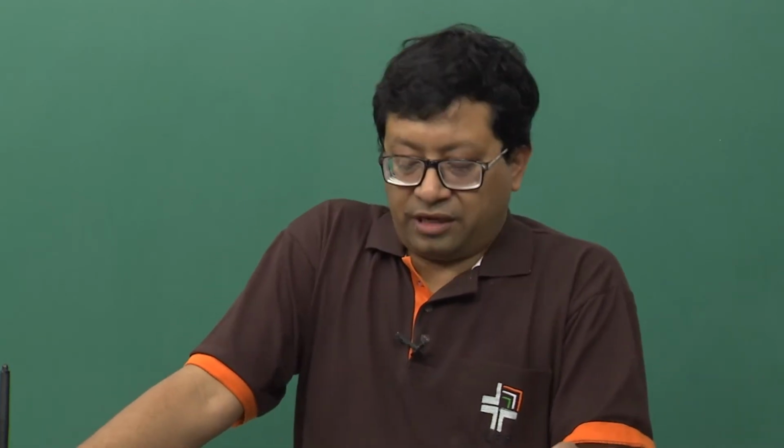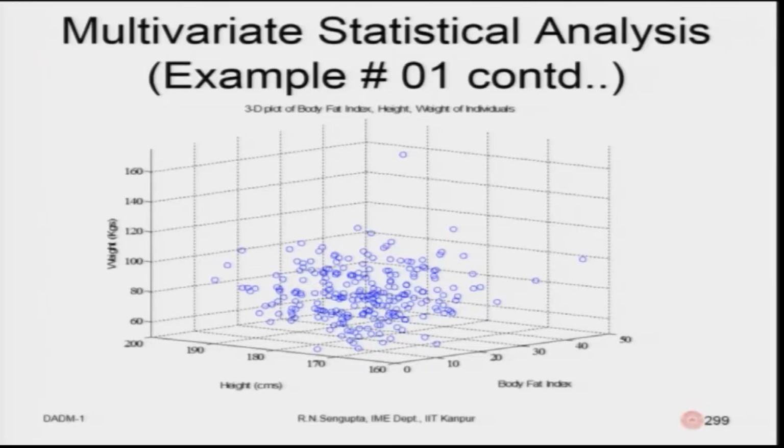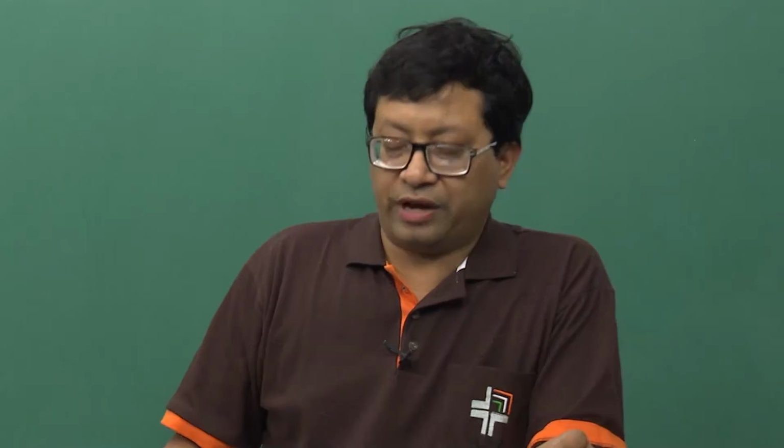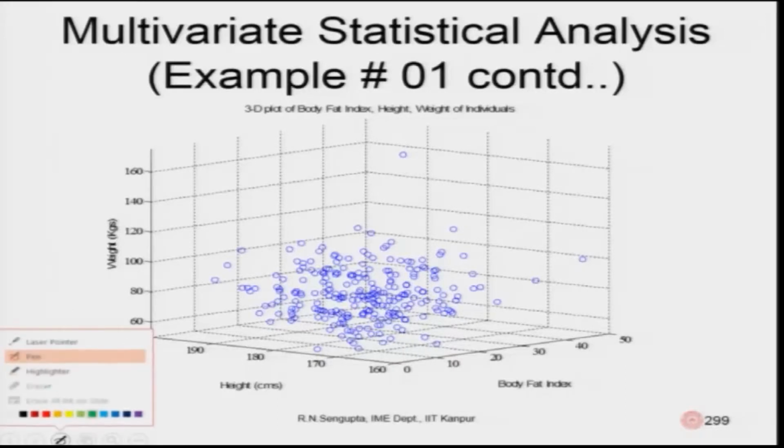In the next slide you have the 3D diagram. Along the x axis you have body fat index, along the y axis the height, and along the z axis the weight. Height and weight are measured in centimeters and kilograms. All the blue circle points you see in the diagram give you the corresponding 252 values. So, if I consider, for example,